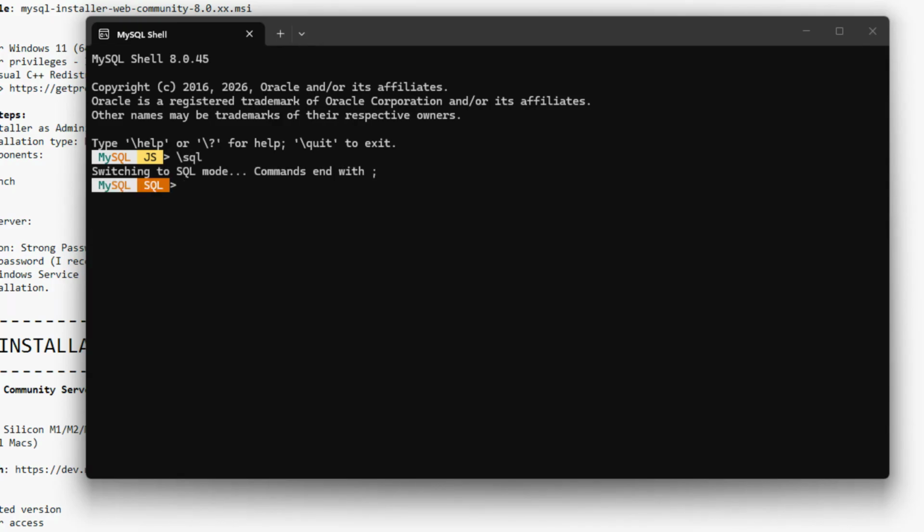Now it is changed to SQL, and here I need to connect to the local host. For connecting, as we already have that, \connect root@localhost, root is my user at the local host, and when I enter,